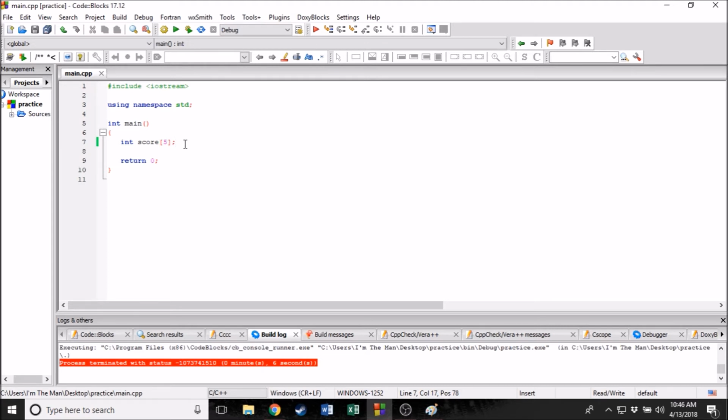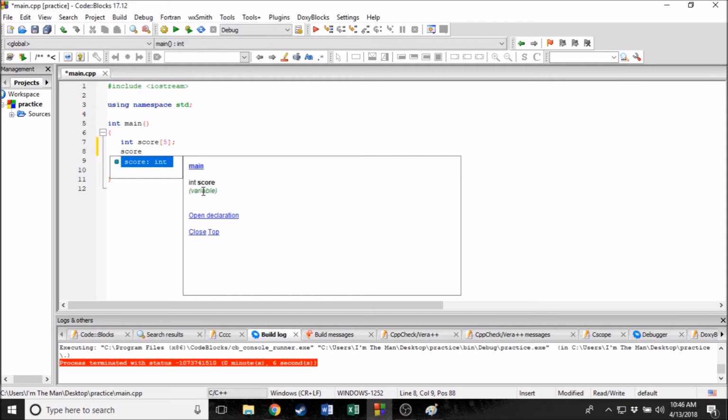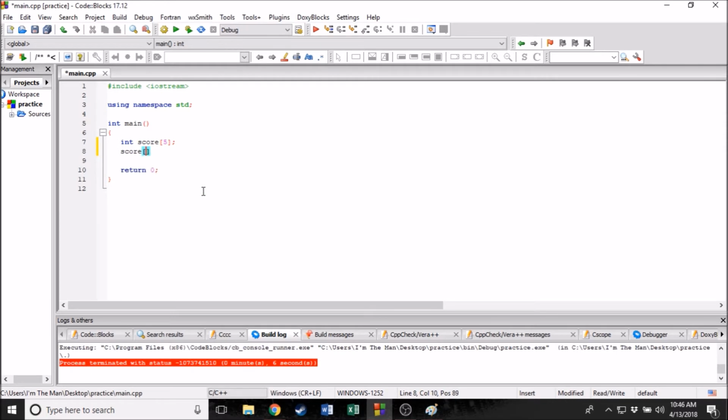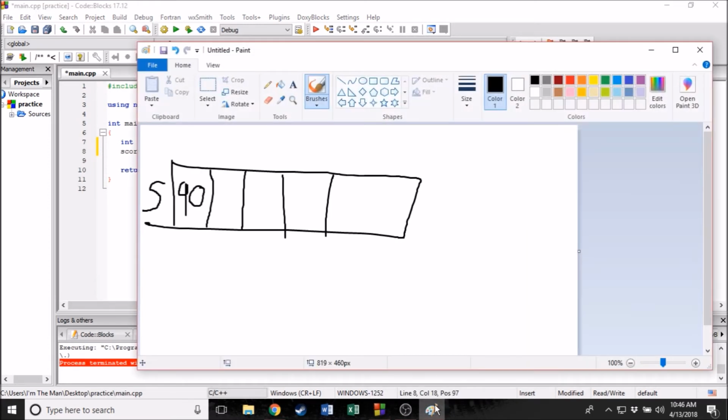So to access each spot, we do this. We bring the name again, so the name of it is score, and then at index 0, I'm going to assign the value 95. So they got 95 on this test, the first index. I actually made a little Paint object here as best as I could with my trackpad. So this is the score array. And then the first index, which is 0,